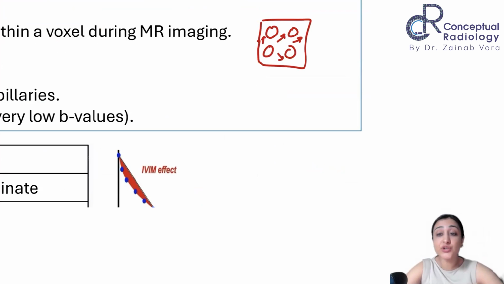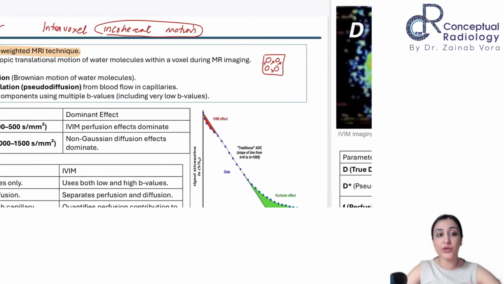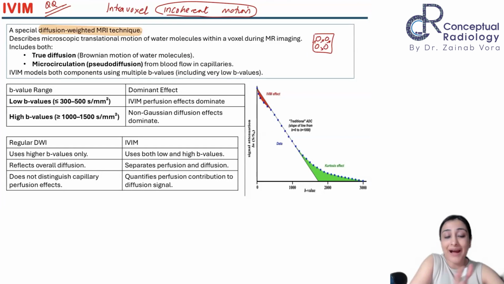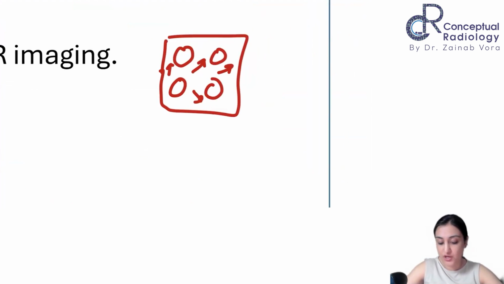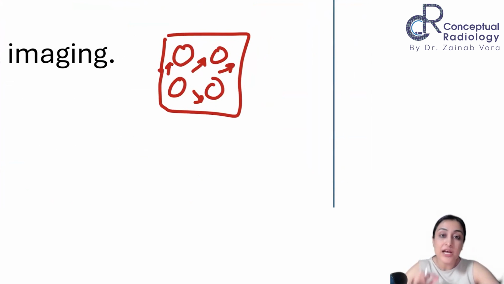Now, in addition to this, there is something else also which is going on. Do you agree there is some microcirculation in the blood vessels also in this box? We never accounted for blood vessels. So there are these microcirculation changes also which are going on, which we ignore when we do our diffusion weighted imaging, because I'm focusing on the Brownian motion.